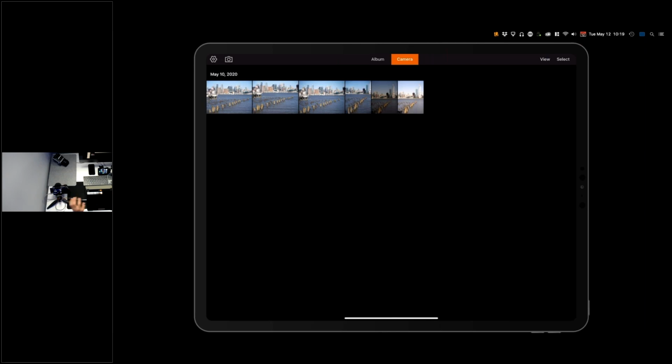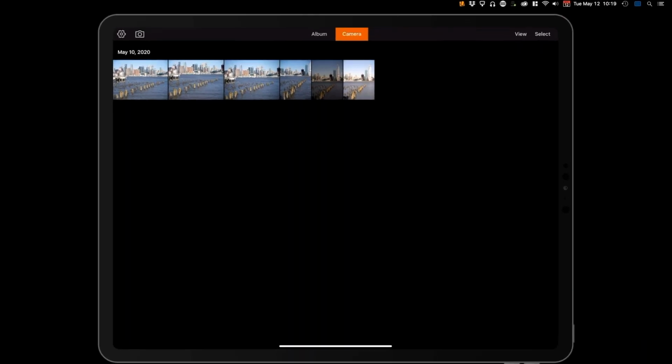If for some reason the cable was not working as well or I didn't have as good of a connection, it would actually show USB 2. And if it wasn't connected at all, then it would just show me the remaining shots available on the SD card. So in this case, I'll recompose. And let's take a walkthrough of the app. So in this case, I'll actually pause that webcam so you can see the app a bit better.